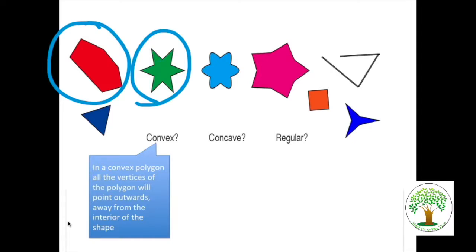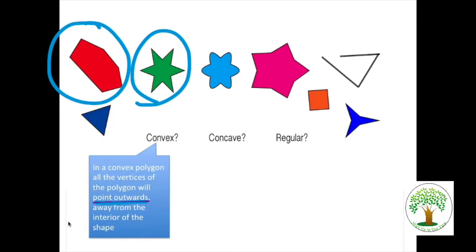I think the most important part of this is the pointing outward part. Let me get a little darker color here. The pointing outward part. You write what you need to remember that, because I'm not going to ever ask you to write the definition of convex on a paper. You just need to be able to identify shapes that are convex or concave, okay? You could say something about vertices pointing out or so forth, or just point out. Questions? I made sure I underlined "all" because if I didn't specify all,